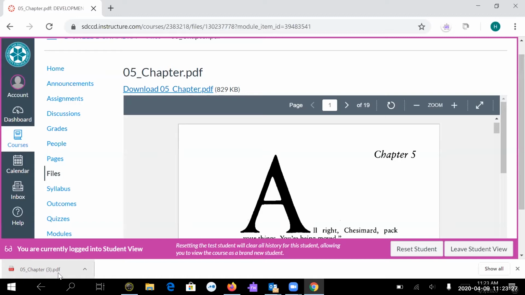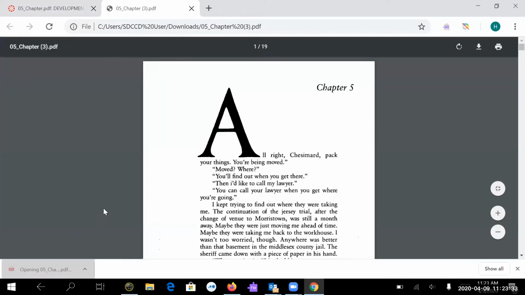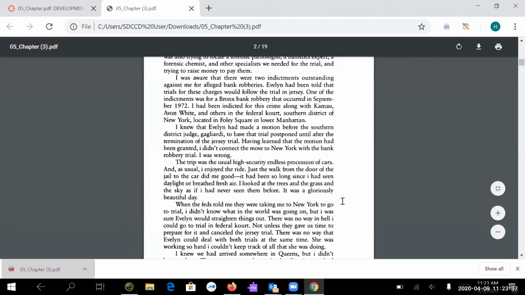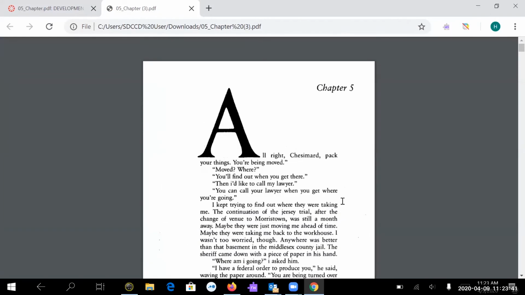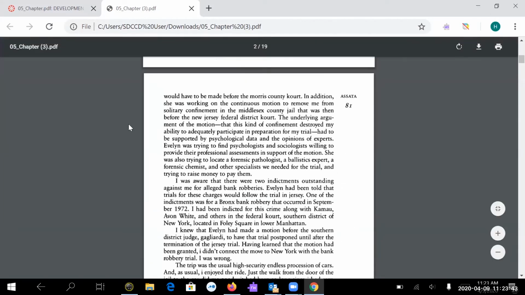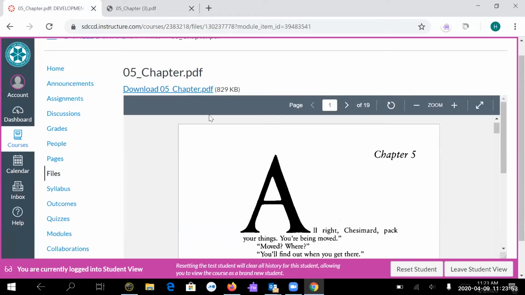Oh, cool. Yeah, so this is where all of your files will go. So after you click download, then you can open it and your file will open. So now I have that file that the professor gave me, and I can look at it. If I need to use it any other way, I have it for reference, which is often easier than just looking at it in Canvas,